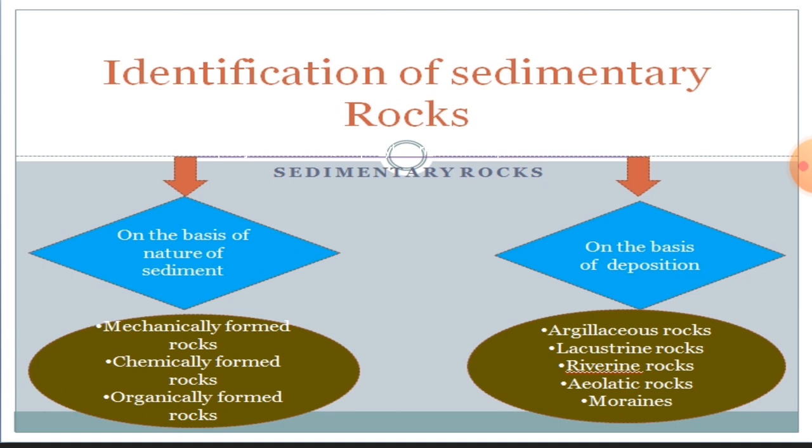For example, sandstone, shale, and chert. These rocks are further divided into three groups: marine argillaceous rock, lacustrine argillaceous rock, and riverine argillaceous rocks. Marine argillaceous rocks are found in seas, lacustrine argillaceous rocks are found in lakes, and riverine argillaceous rocks are found